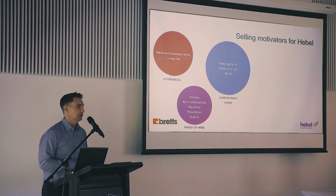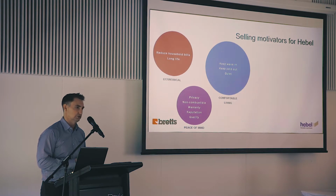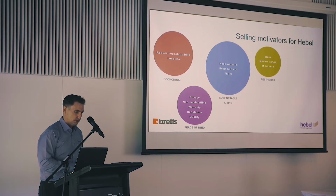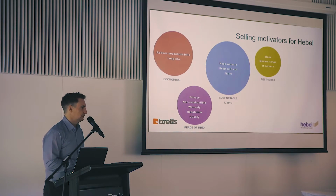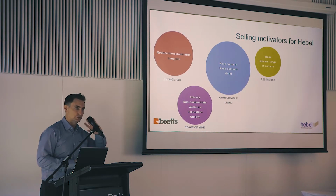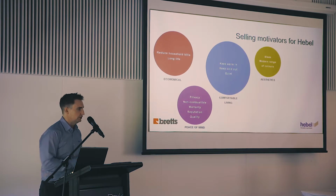Non-combustibility is a huge thing in the marketplace, the buzzword. So our products are non-combustible. Fire-rated walls, external walls, zero boundaries, that all comes into play. Aesthetic: sleek, nice, straight, rendered wall systems. We've seen that people want this. We want that nice look with the lights that they're putting on the outside, but we want to try and minimise any movement, any bowing, and so on